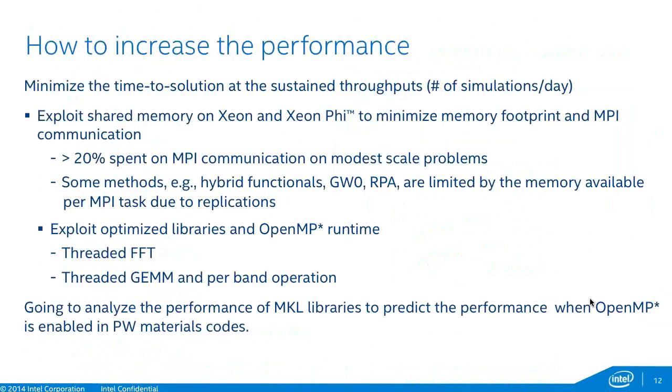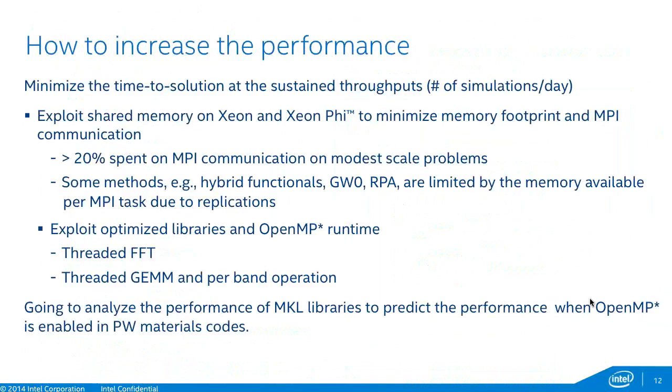It has much more memory requirements. It means that dividing the node into many MPI ranks has a lot more overhead than the simple method. So being able to take advantage of the large shared memory on the node is very essential. And of course, in addition, it means that we should be able to exploit also the highly optimized libraries in the